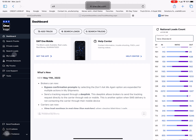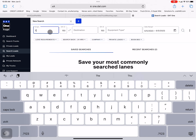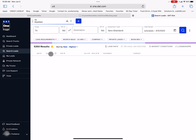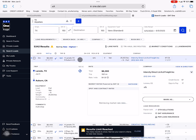I'm going to come over here to search loads, and we're going to put in Texas, and put the equipment for a van, and let's see what we find. On the new DAT1, you can come over here on the right, and you will see that this load, Laredo to Auburn, California, is paying $8,300 or $4.32 a mile, and it's 1,921 miles. Does that sound kind of too good to be true? Maybe. So let's click on this